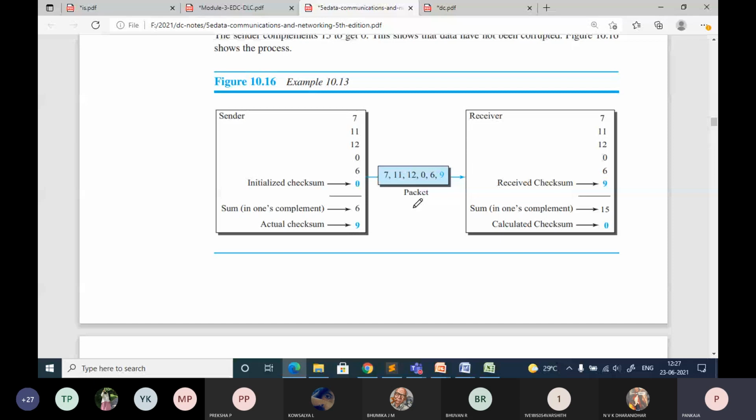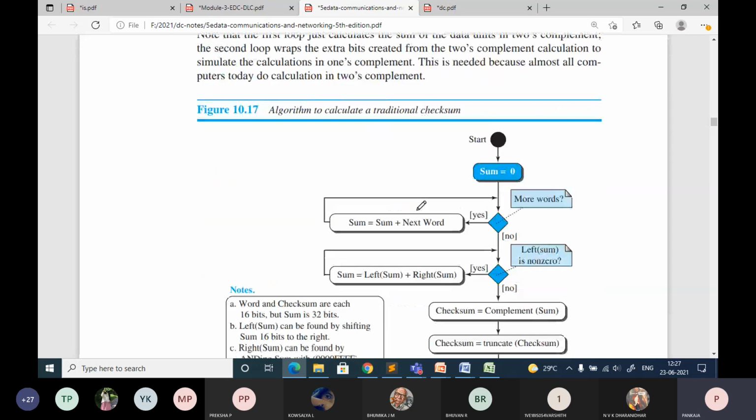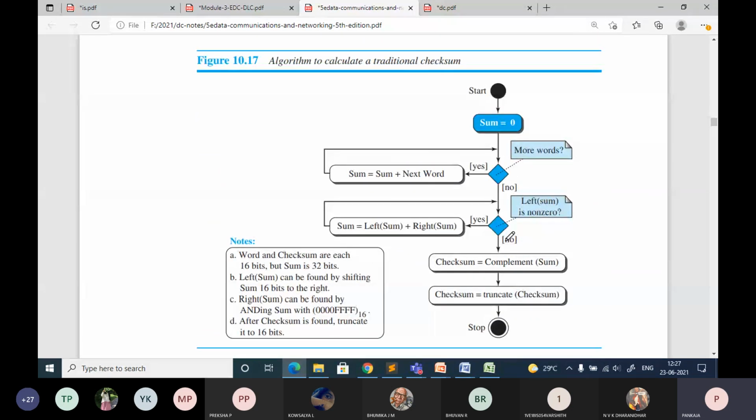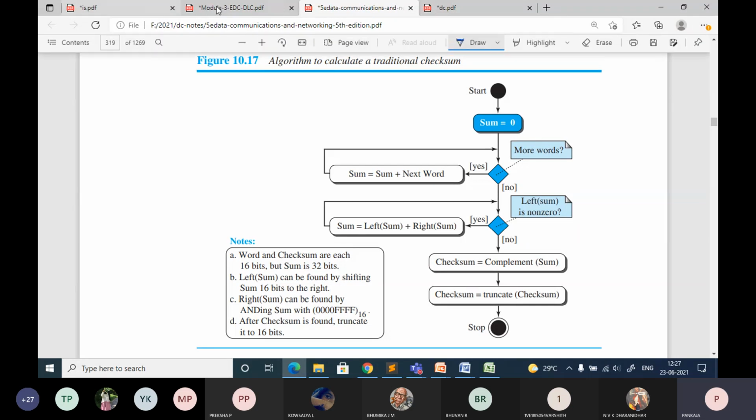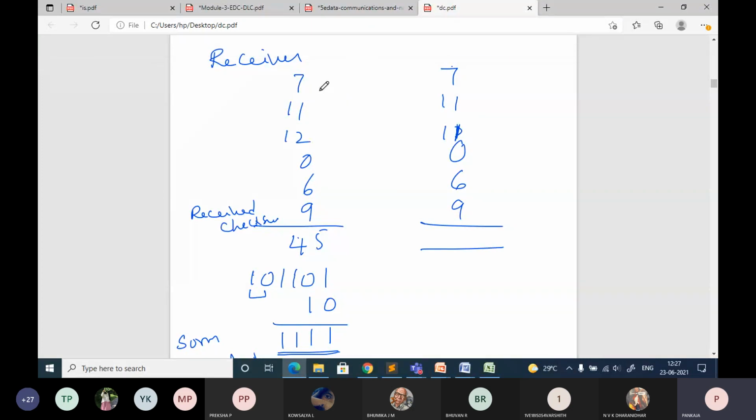Okay, so even you have the flow diagram. I want you people to just go through this. So this is for 16 bit. Here you are going to represent the data using hexadecimal format also. This is the decimal value what we have discussed. Instead of your decimal value, you can consider hexadecimal also. In that case also the same procedure is used.